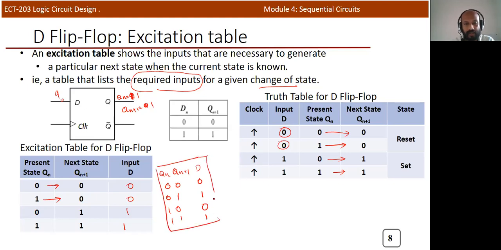Here the values are not written in sequential order, but you can use this particular sequence: 0, 0, 0, 1, 1, 0, 1, 1. So please correct it. It's the same thing, but the order is different in this particular table. It's not wrong, but this second table will be better when you do the problems. Corresponding values for the input. This is known as the excitation table.